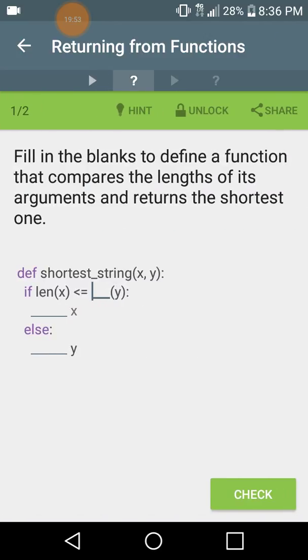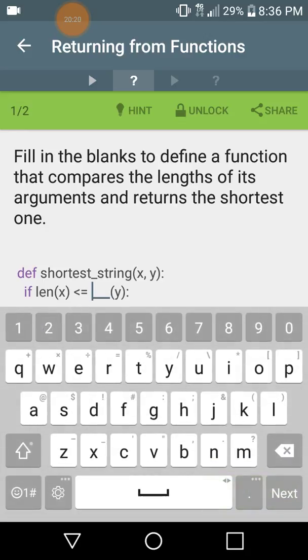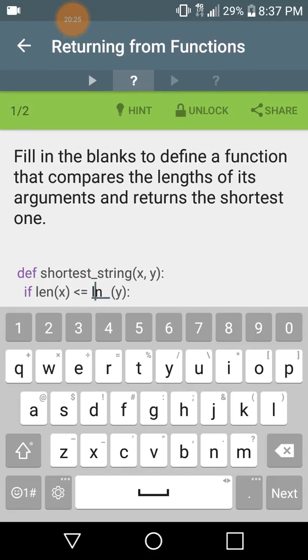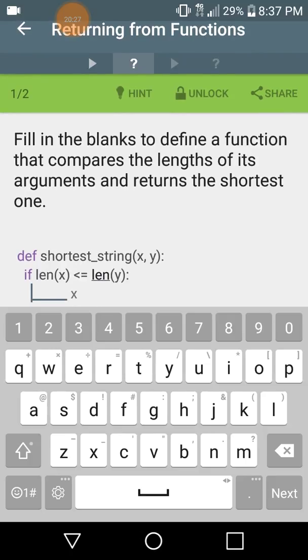Alrighty. Fill in the blanks to define a function that compares the lengths of its arguments and returns the shortest one. All right, so def shortest_string. In parentheses, we have the parameters x, y, a colon, and underneath and indented, we have if len(x) is less than or equal to len(y),